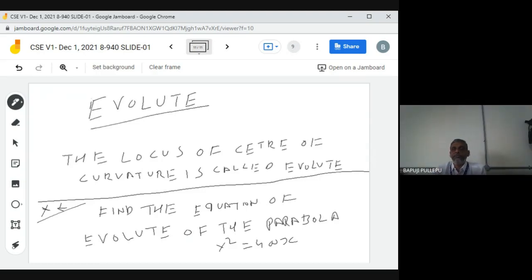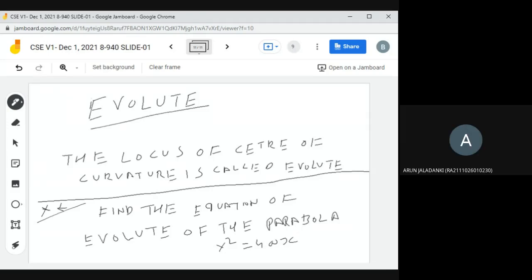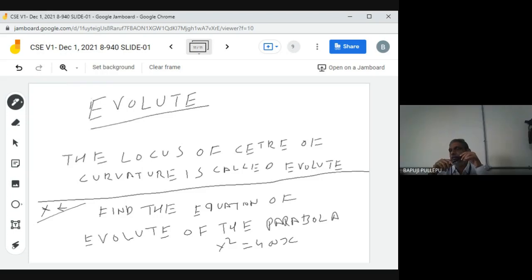Suppose they give an ellipse, x square by a square plus y square by b square, what point will you take blindly? A cos theta, b sin theta. Very good. X square by a square minus y square by b square is equal to 1 means what trigonometric quantity, if you subtract, you will get 1? Tell me. A secant theta, b tan theta. Very good. Secant square theta minus tan square theta is equal to 1, a square and b square will cancel.